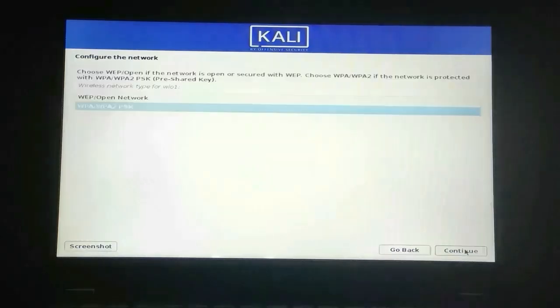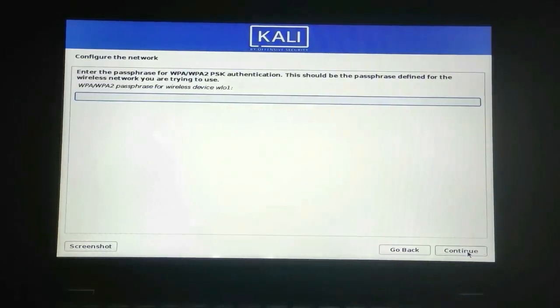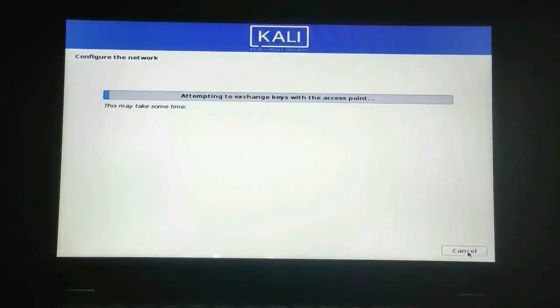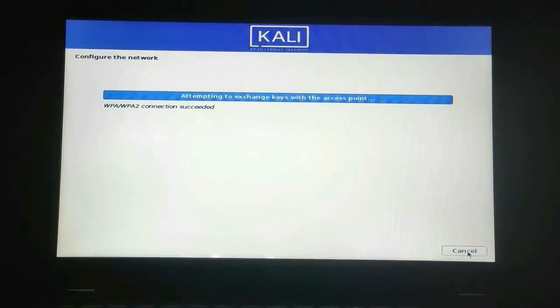I have created here a hotspot from my mobile, entering the password for the hotspot. After it is connected to the hotspot, we will get this connected to this network.